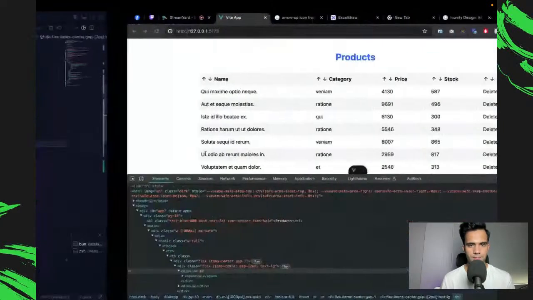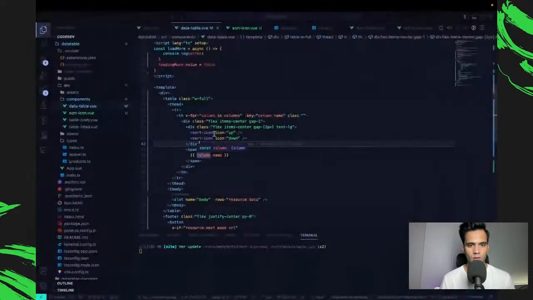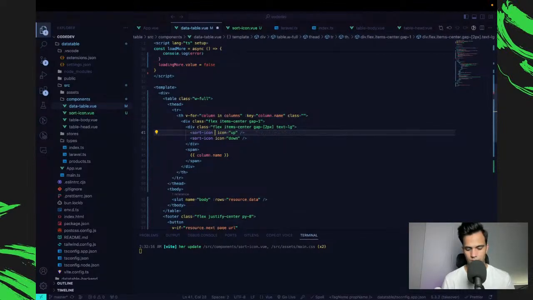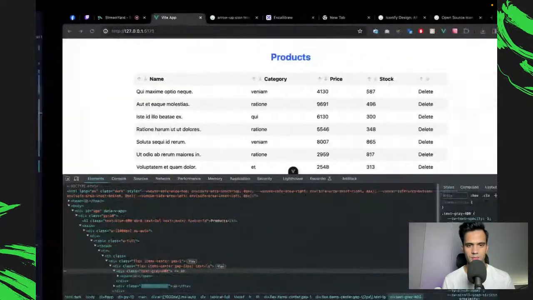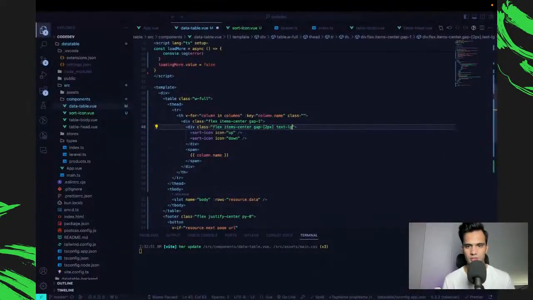So next thing we need to do is give some classes on this one. So this will be text-gray-400 by default. Or maybe I can just give the parent the class, and then on child I will change it.